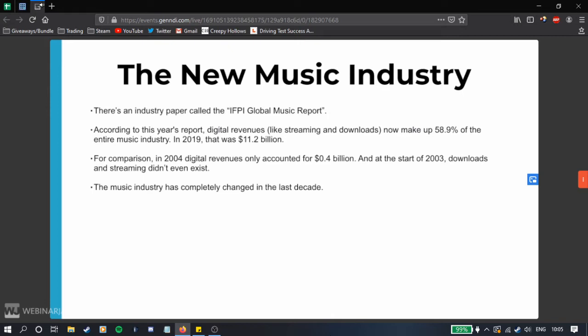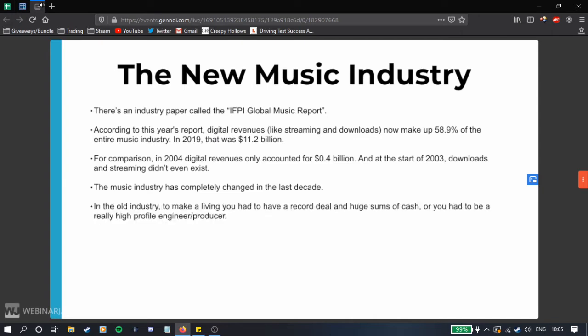I'm not saying that you can just upload your track to Spotify and you're going to be a billionaire, but you can see this massive shift in revenue away from kind of selling CDs and that kind of stuff towards digital revenues. And in the old industry, to make a living as a musician, you had to have a record deal and huge sums of cash to go and create an album and then sell it and market it and that kind of stuff. Or you had to be a really high profile engineer or producer to work with those